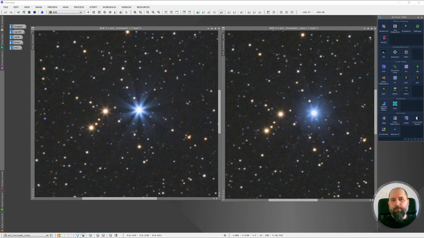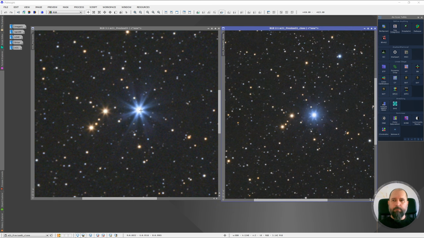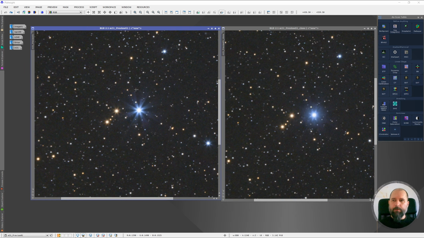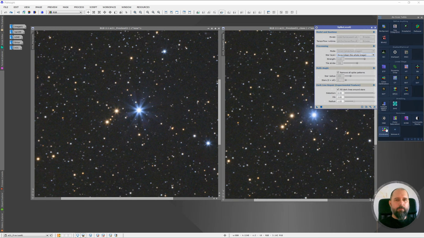Now here's the star profile that we got with this method. It's not perfect, of course, because it is experimental, and I will work on that some more to even polish it and make it even better. But I really don't like this star, and I very much do like this one for this image. It has a glow, a bit of the glow, and this is something that you can also play